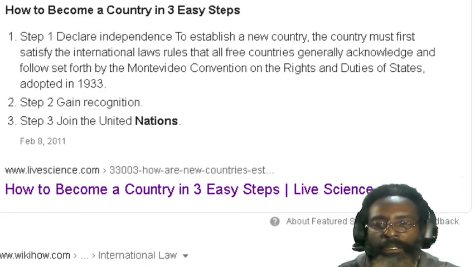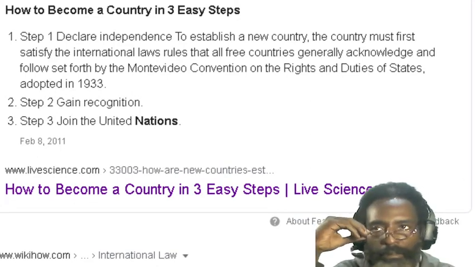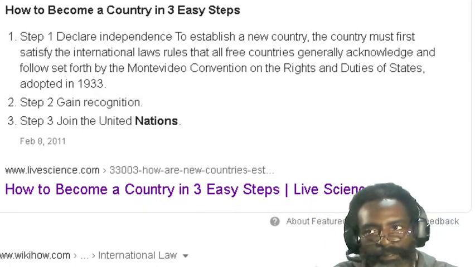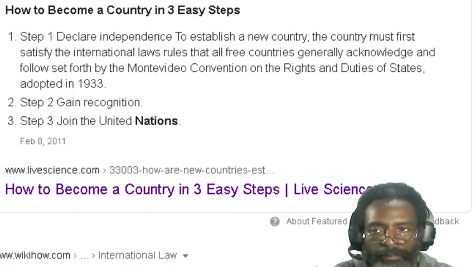So step two is to gain recognition. Like when the Afro descendants tried to create Liberia, well, they created Liberia. Well, they didn't actually create Liberia. This colonial society created it.